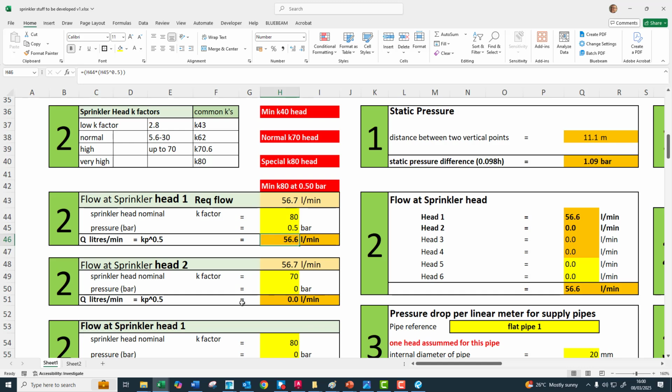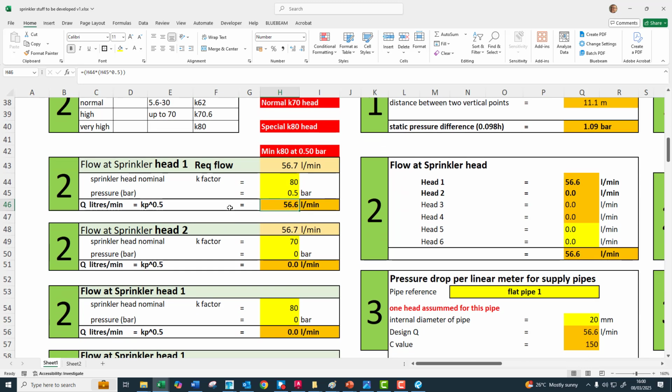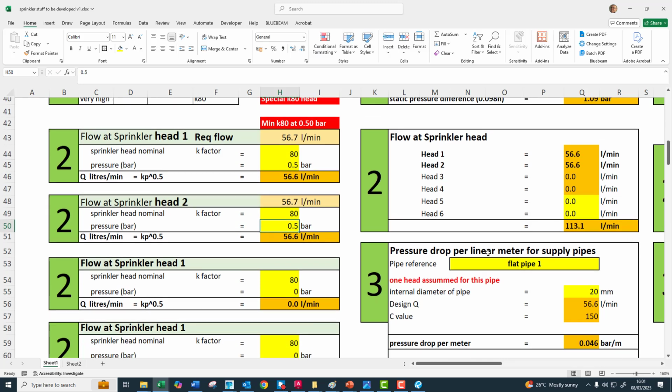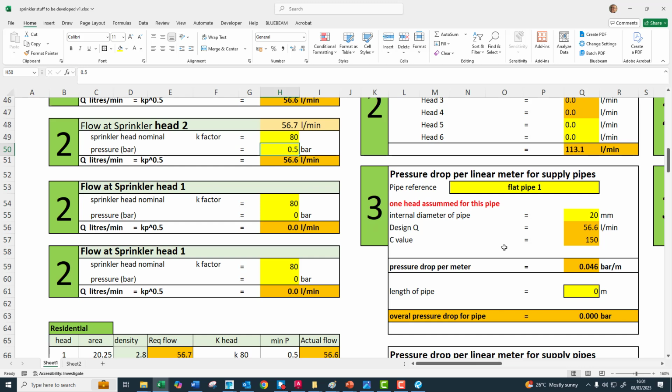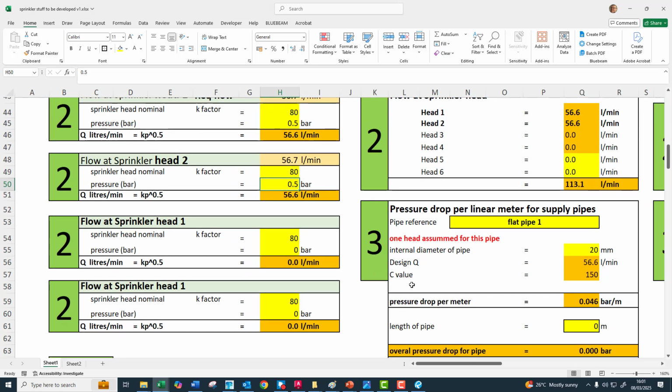Just because they know they're going to hit that pressure when they actually end up designing the pump. So now the first thing we've got to look at, before we can look at the second sprinkler head, because the second sprinkler head theoretically will be the same, but it will experience more pressure. If I put an 80 in there, that will experience more pressure, and we're going to have a look at that now. So if we then go back to